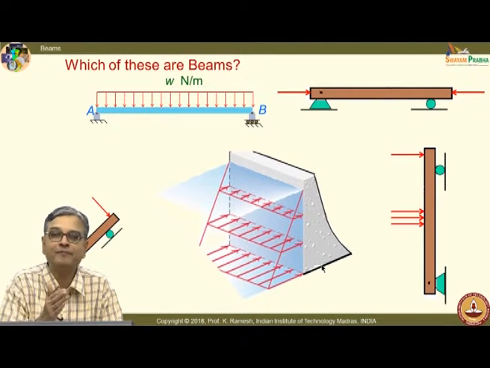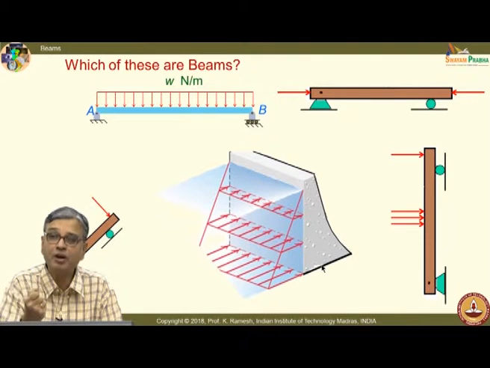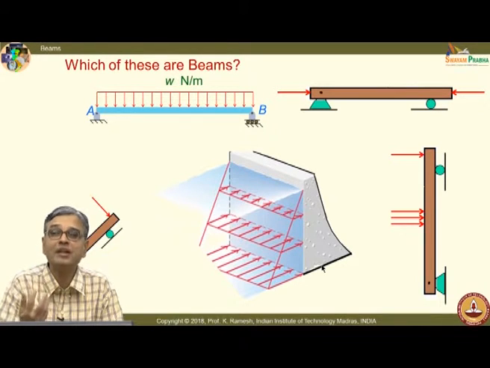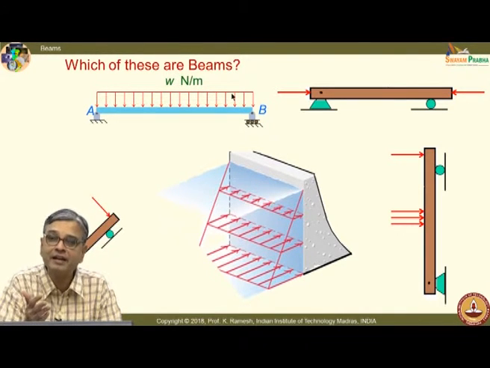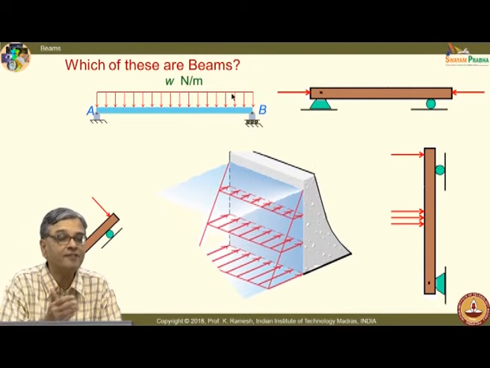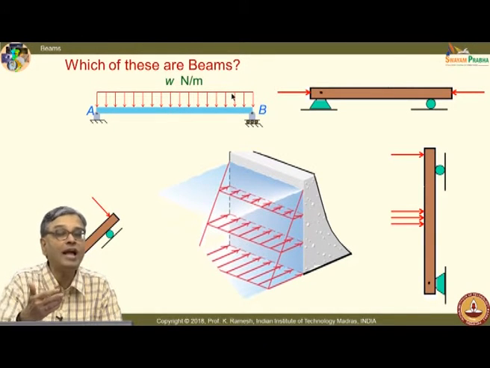And I said, when I do an analysis of any civil engineering construction, the self weight is so important, it cannot be ignored. How do I model that? That is what is shown here. I have a beam, I have a uniformly distributed load. This is nothing but accommodating the weight of the beam as a load acting on the beam.